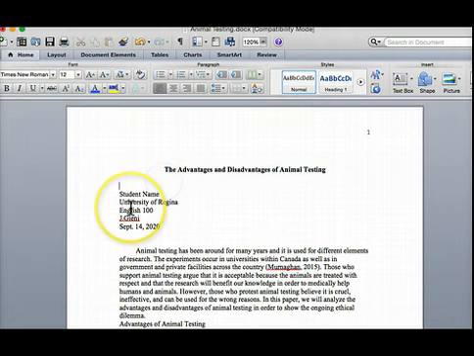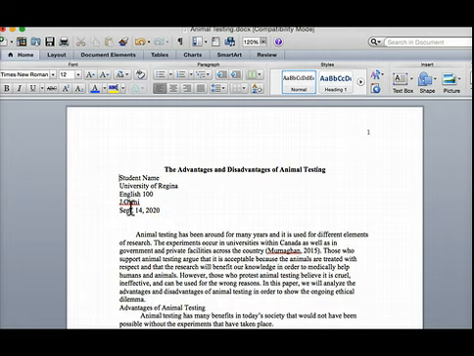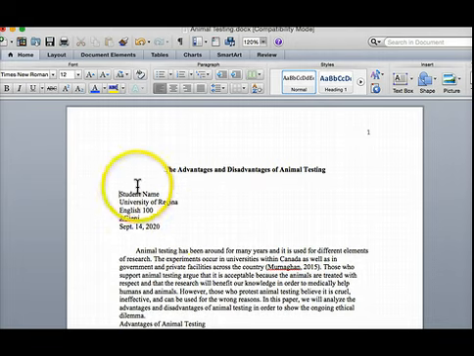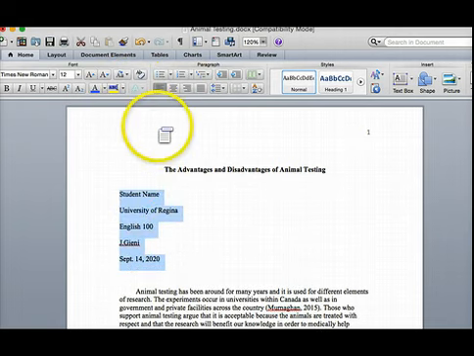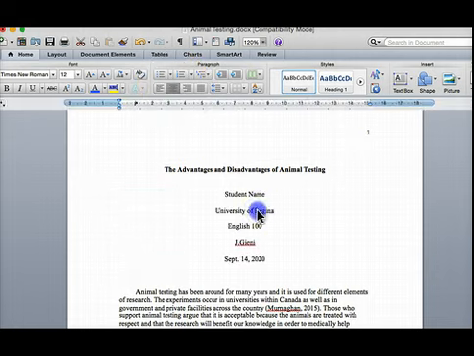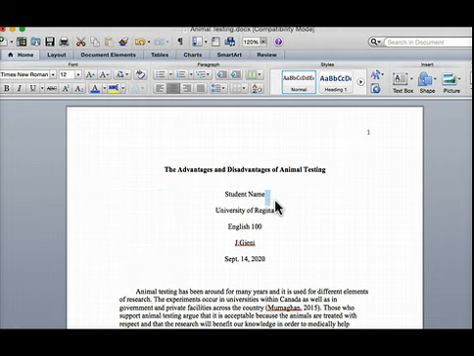And then underneath that, you're going to put your student name. So you want two spaces, and then we want to double space our student info and put that centered. So you'll add your name here. You'll write your name just as you normally would. So first name, last name,